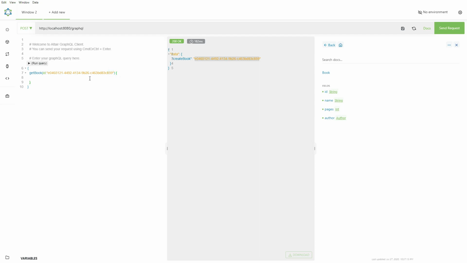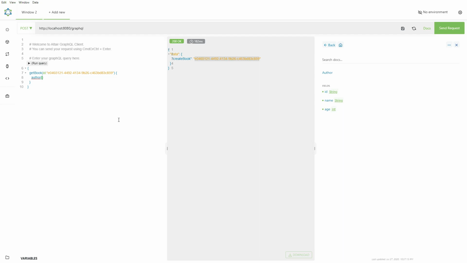As we know that we have to test our author field, let us use it: author. The author field itself returns an author object, and that author object consists of ID, name, and age. Again we have to specify the subselection that we are requesting from the server.